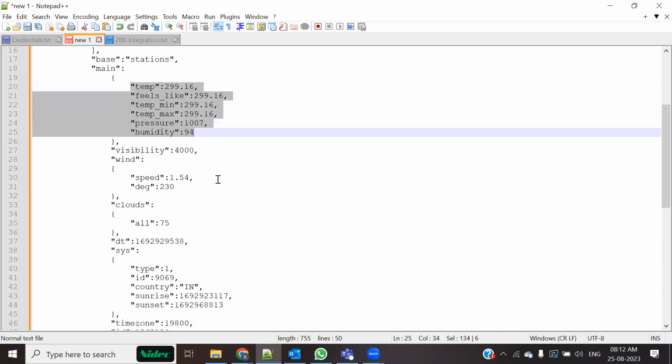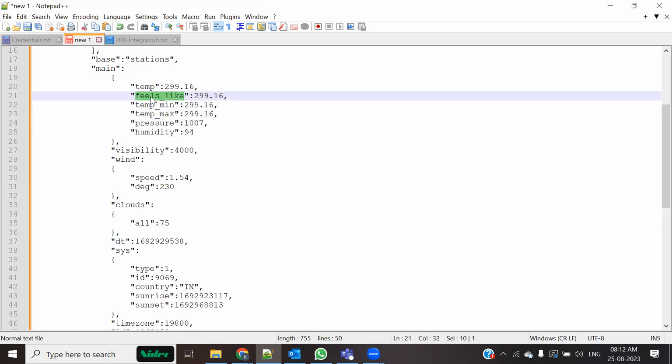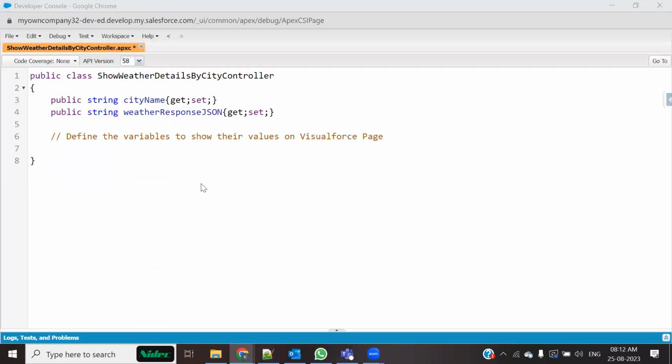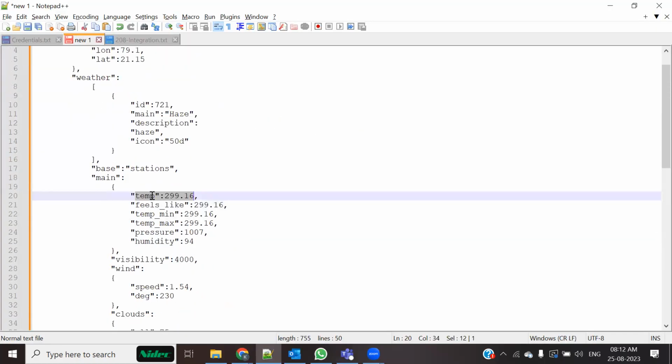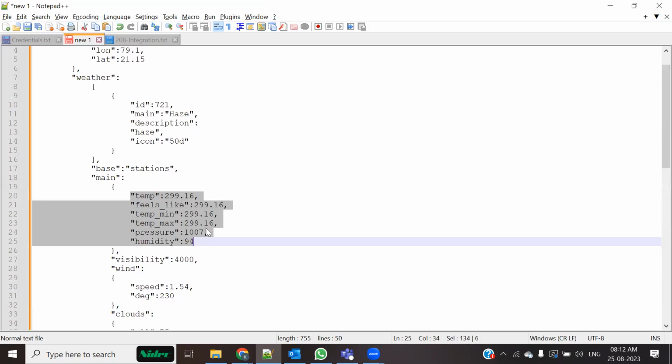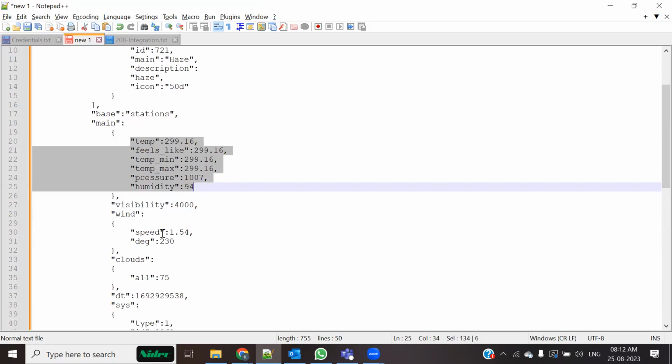ये तो पूरा सेक्शन अपन डिस्प्ले कर ही देंगे। इसमें टेम्प का वैल्यू, टेम्परेचर का वैल्यू, and it also has the values feels like, pressure, temp minimum, maximum, humidity, ये सारा। So these are something, one, two, three, four, five, six. So I can display that: minimum, maximum. If this is minimum, maximum, this can be the average temperature. Anyways, out of this whole complete response, we are more interested in this portion only. हम सिर्फ इसी में interested हैं। Rest every other thing we would be skipping. तो हम कैसे skip करते हैं वो देख लेते हैं।